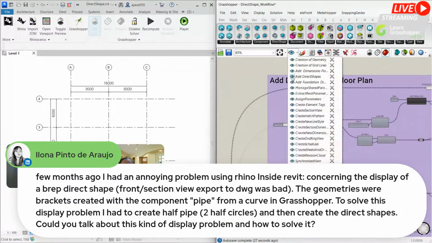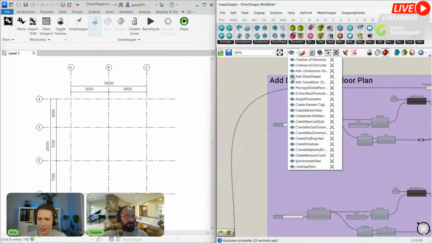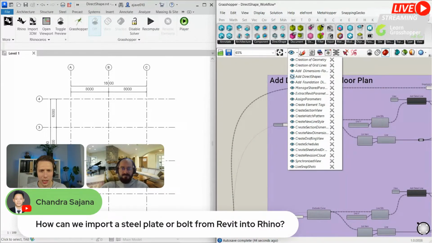In the meantime, Ilona just posted some problem with the direct shape. We see that there is some huge conversation going on. At the end of this session there will be a Q&A session. So Ilona, we will try to solve this issue and show you. And there was one question from Chandra: